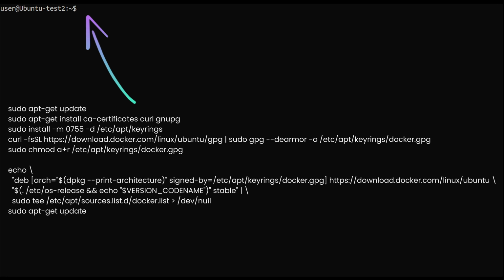Now, let's see how to install Docker and Docker Compose on your machine. So first, we'll need to configure the official Docker apt repository in our system. So, we'll run the following commands for this.